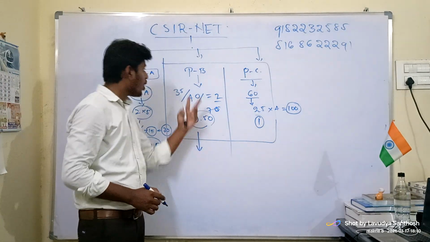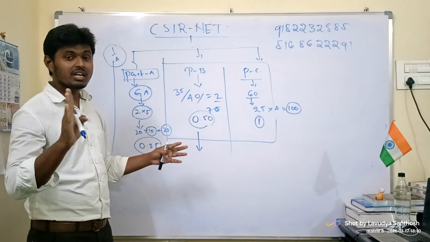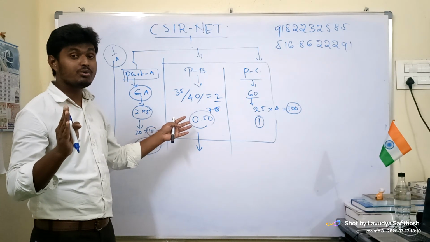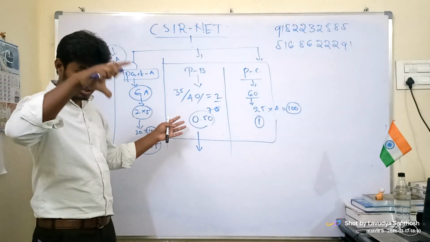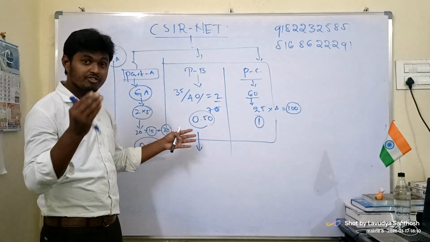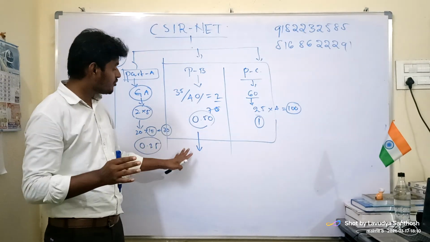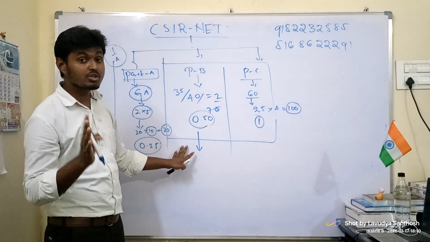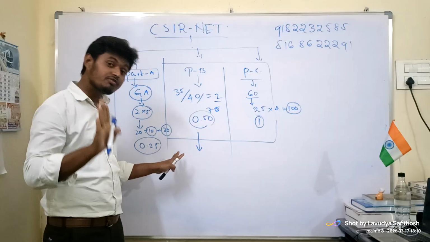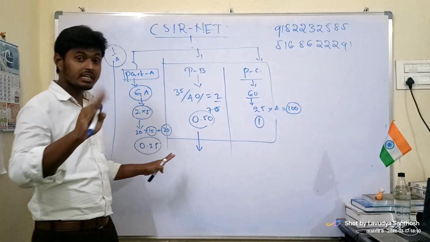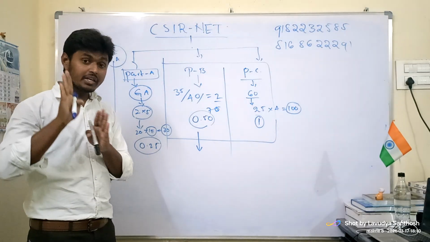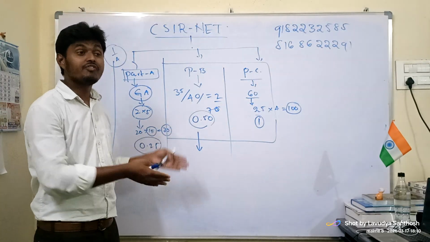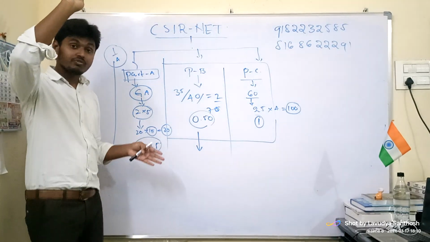Okay, these are basic. Out of 35 questions, you can see that approximately 11 questions for each subject can be asked, either inorganic, organic or physical. When you have a good command of organic and inorganic, if you just practice both of these papers, you can attempt 22 questions. Out of 22, if you are able to get 15 or 16 questions perfectly right, then it will be very simple. 15 into 2 is 30 marks.